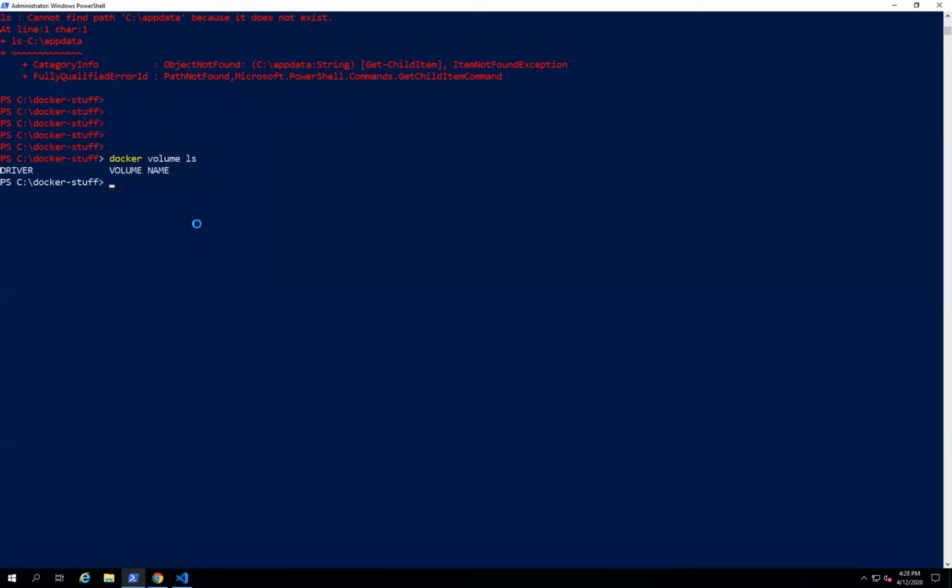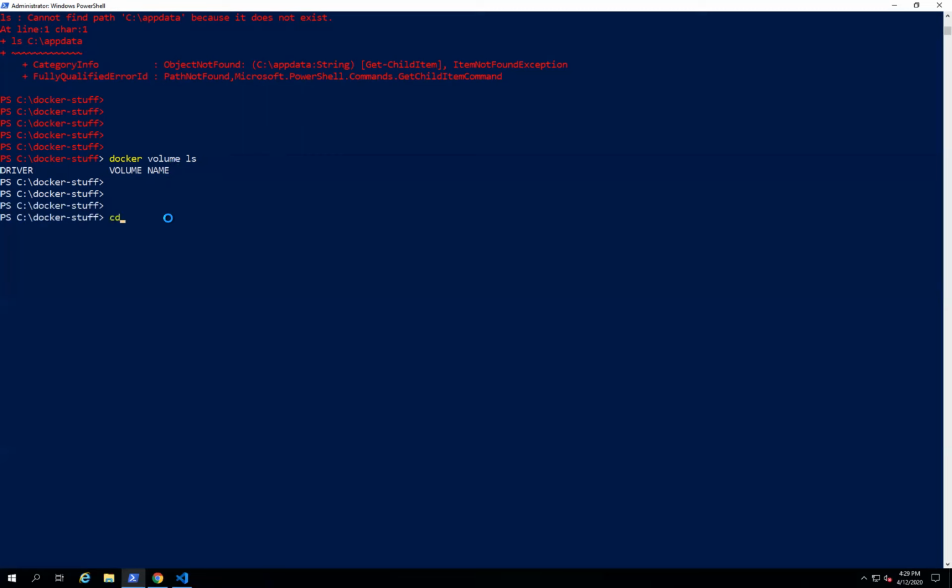You can mount the host operating system path inside a Docker container. That is one way. Another way is you can create named volumes using the Docker volume command. So we'll try to see those two options. First, I'll utilize mounting the host operating system path inside a Docker container, and then we'll see how we can create a volume and how we can mount the volume inside a Docker container.